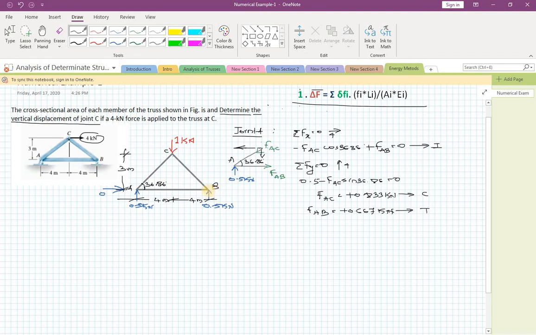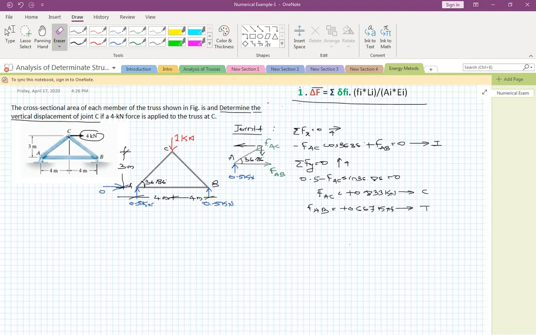Similarly I can take up joint B, but the force in the member AB is already known to me. I can easily find the force in the member CB in the same way. I will not go into that part. Now I will make a table and summarize the forces in each and every member. So let me make that. Okay, now instead of making that table, let me analyze